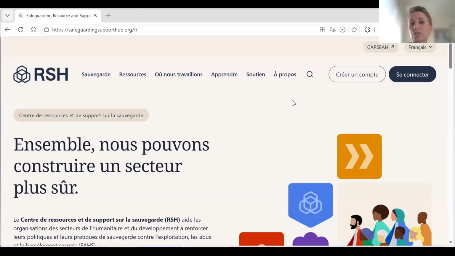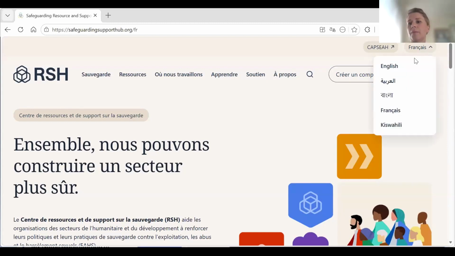Now, important to note that this is not automatic AI translation, as you so often see now everywhere. In our line of work, it's really important that we get the terminology right, and we don't want any approximative translations. So the website has been translated by humans, and it's been quality assured by our expert staff. So that's one thing to note.